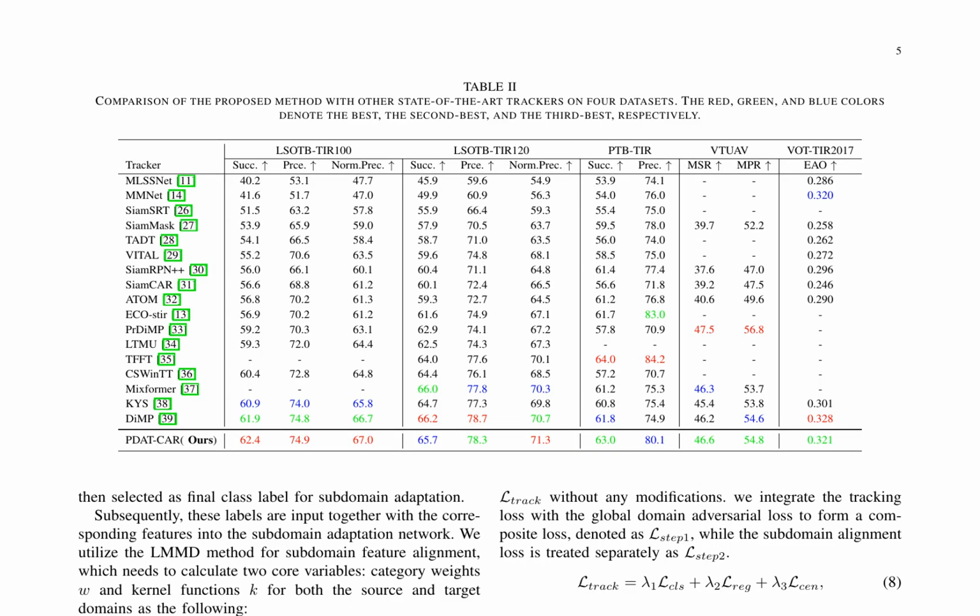level. A comprehensive evaluation of the proposed PDAT method for thermal infrared (TIR) tracking is presented, comparing its performance to state-of-the-art trackers on 4 datasets. The results, summarized in the table, demonstrate that PDAT achieves the highest success rate, precision, and normalized precision across all datasets, outperforming existing trackers. The progressive training strategy employed for global and subdomain adaptation is a key factor in the